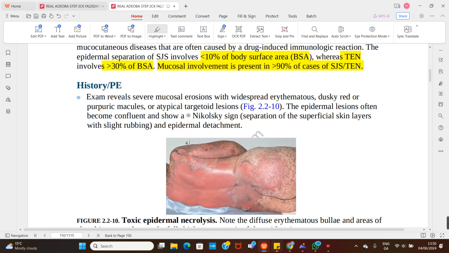So what do you see? You just see this. You can see this in now. This back is affected, extending down to the extremities. So this is definitely TEN. You can see the blisters that are ruptured and the skin shedding. And